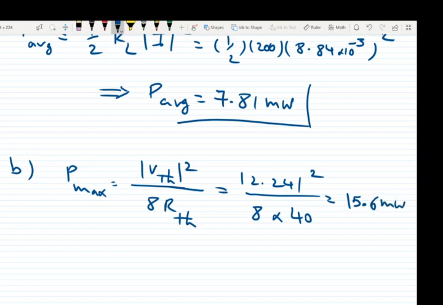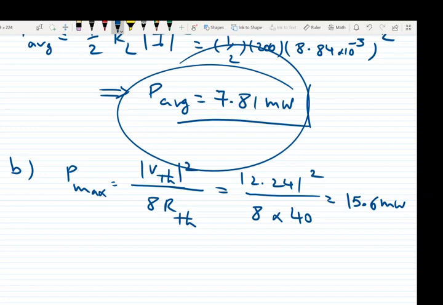So you see that the maximum average power is 15 milliwatt, while we get only 7.8